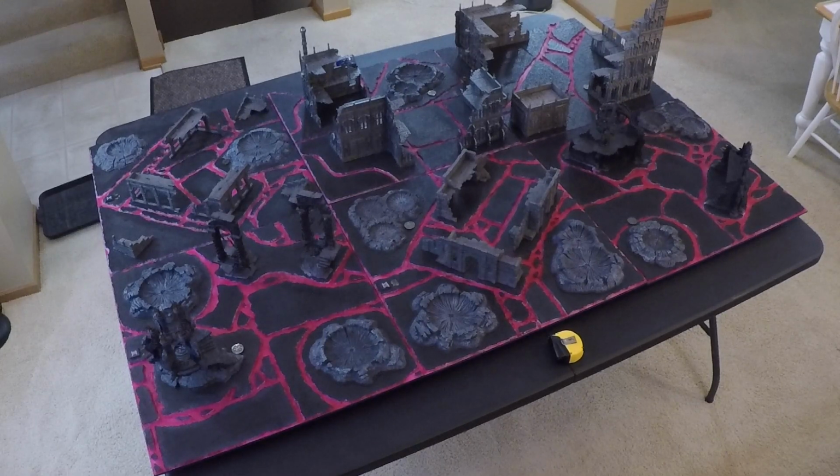Welcome to Warhammer 40k 8th edition Battle Report 48. 1500 points, Death Guard versus World Eaters. This is the chapter-approved Eternal War mission, Dominate and Destroy, and we will be rolling for a random map deployment today. Let's begin by taking a quick look around the board at where each of the objective markers have been